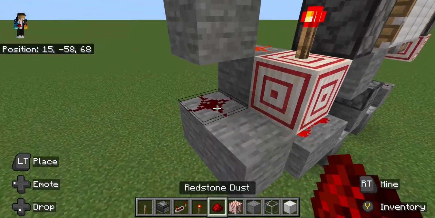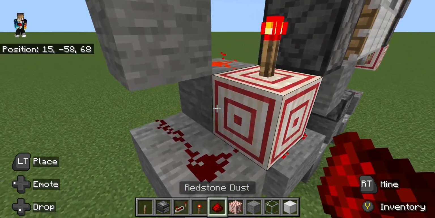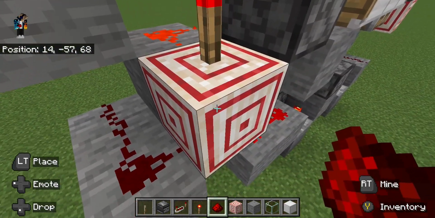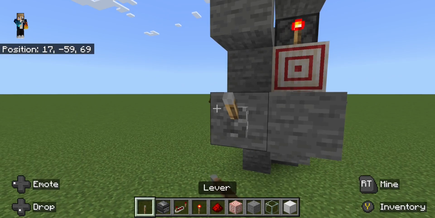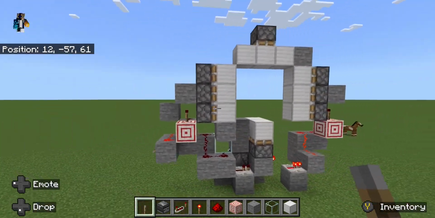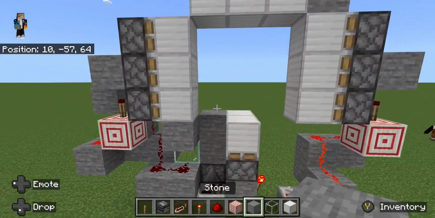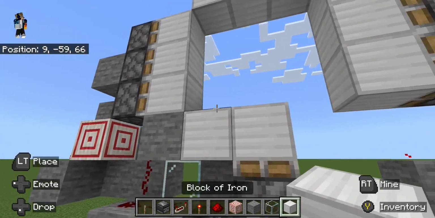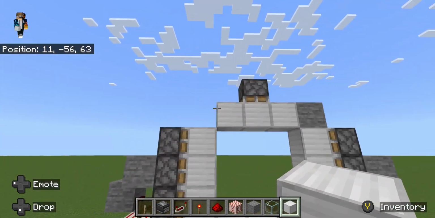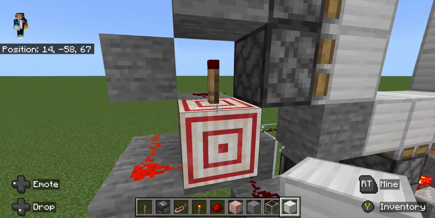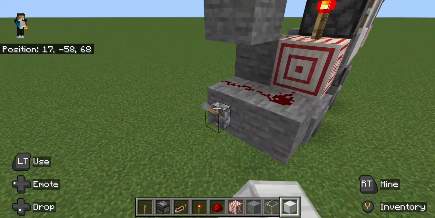Yep. Okay, so this is why this piece of redstone, this is a target block. Flick it into there, and voila. Now for the last couple things, put an iron block right there, iron block right there. That's why those two iron blocks are right there. And then when you flick it closed,